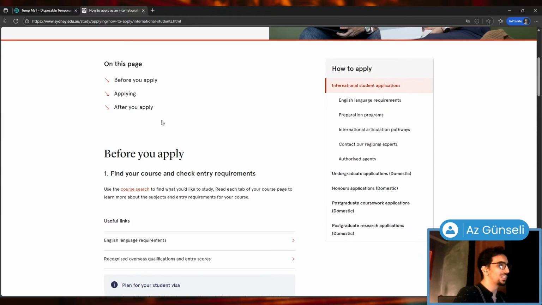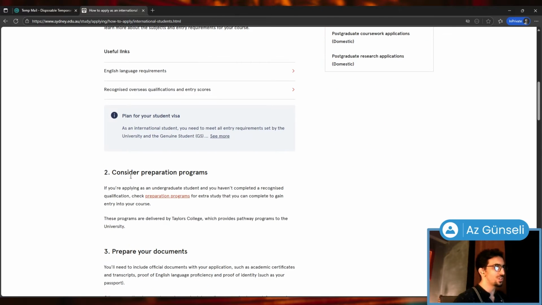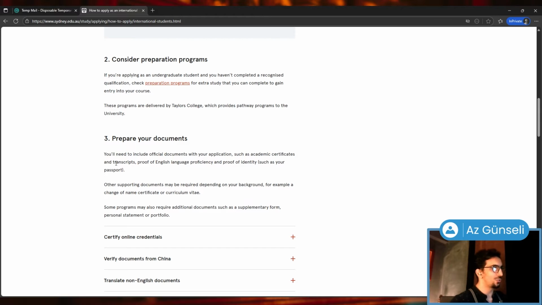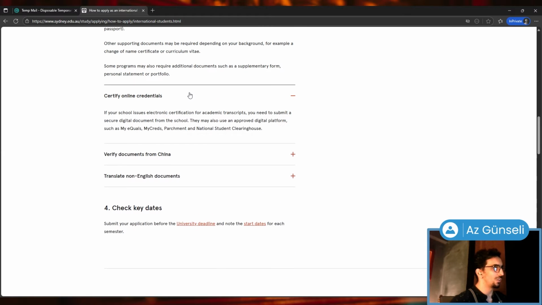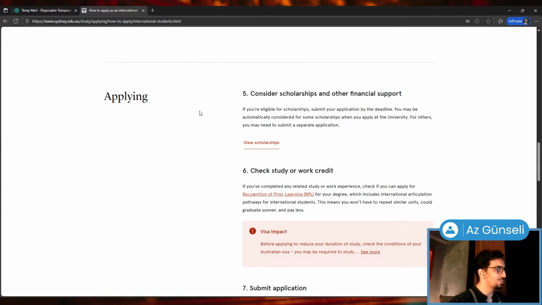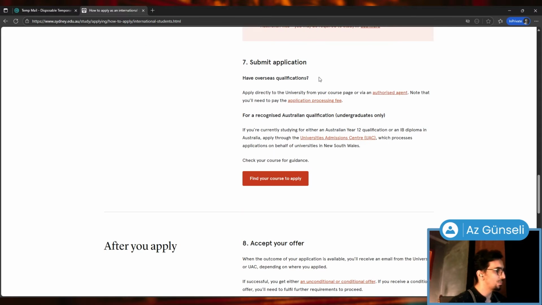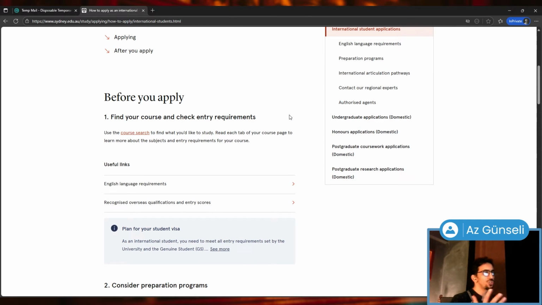Here we have a couple of steps. Find your course and check entry requirements is the first step. Consider preparation programs is the second. 3, prepare your documents. Here we have the documents, etc. 4, check key dates. And then the application procedure. 5, consider scholarship and other financial support. 6, check study and work credits. 7, submit application. In short, you start by just searching for a course that you're interested in by clicking here